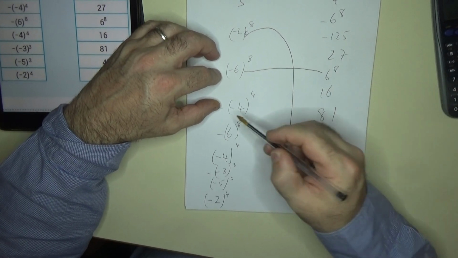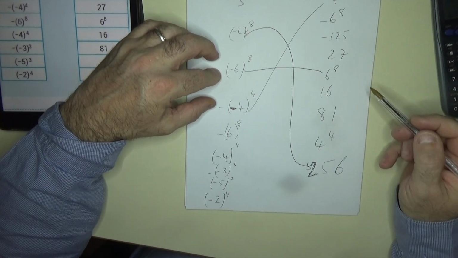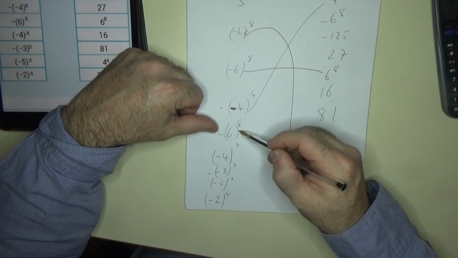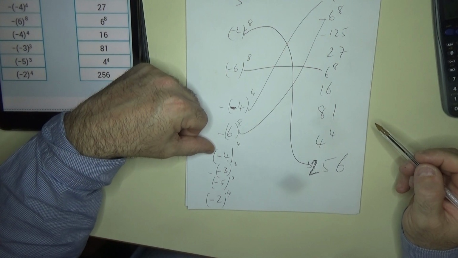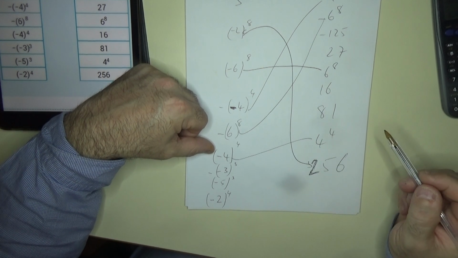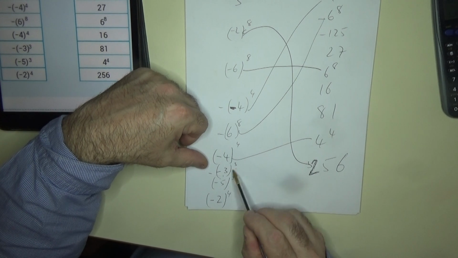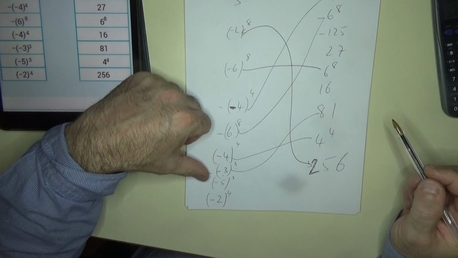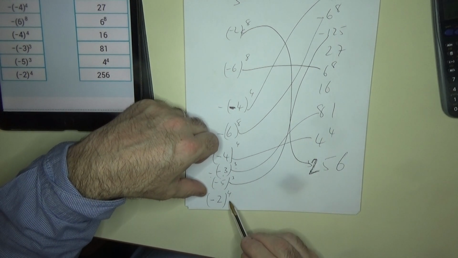Minus times, well, the minus in here doesn't really matter, so that connects up there. Minus 6 to the 8 and these two are the same. Minus 4 all to the 4 is the same as 4 to the 4. Minus, now minus 3 cubed will be 81, but then there's another minus here which will get us into 8 plus 81. This is negative 125. Minus 2 to the 4